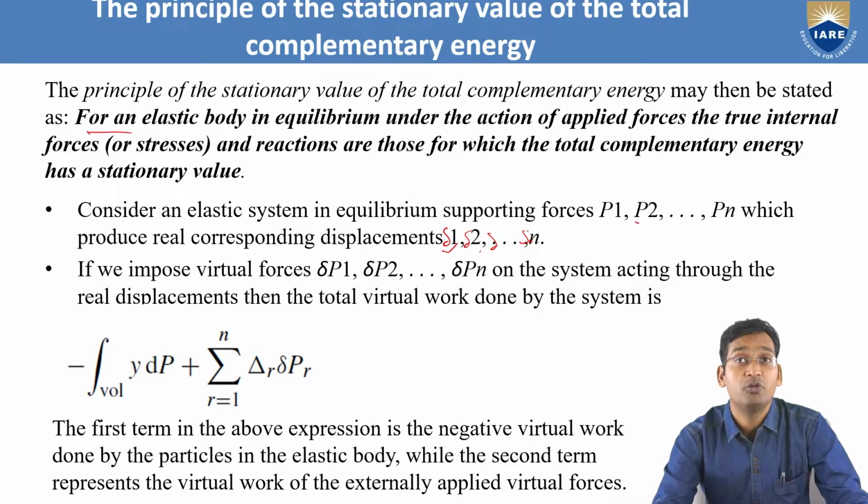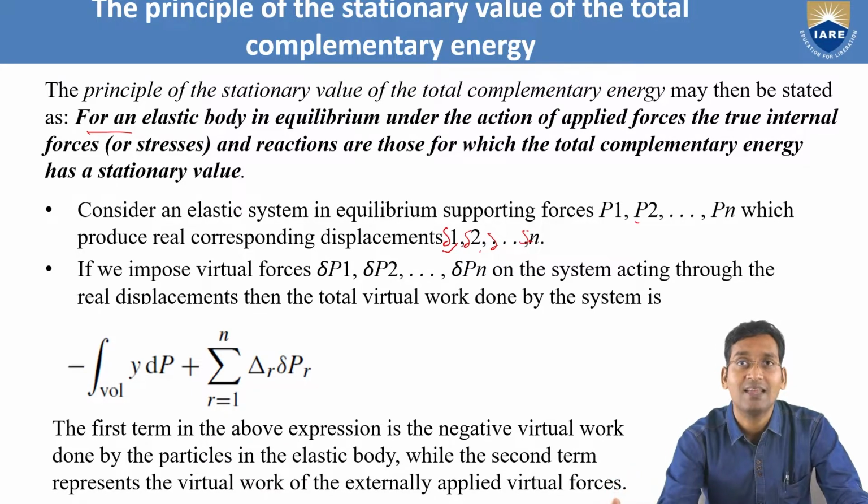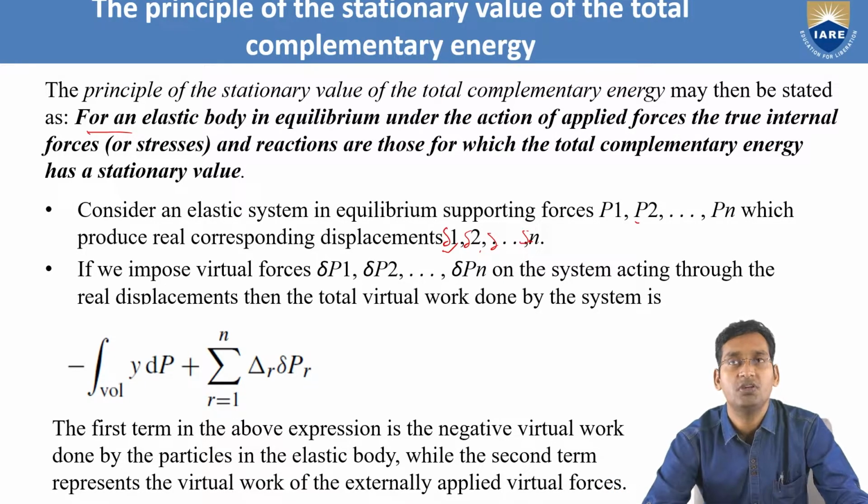Now, if we impose virtual forces, delta P1, delta P2, delta P3, and so on up to delta Pn, on the system acting through the real displacements, then the total virtual work done by the system